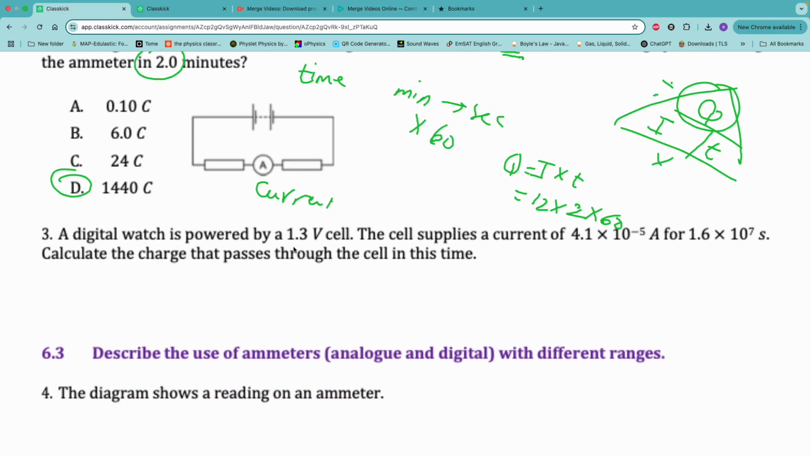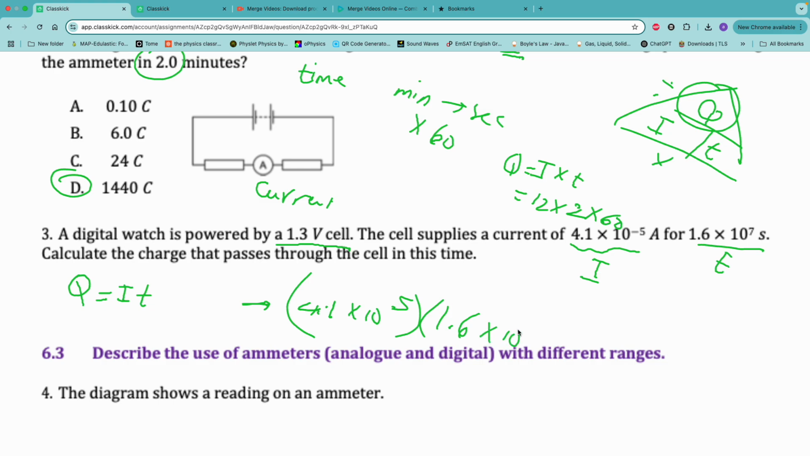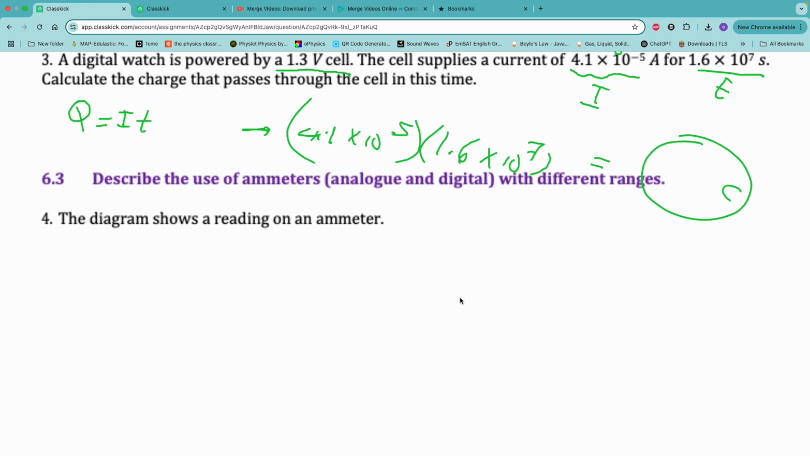A digital watch is powered by a 1.3 volt cell. The cell supplies a current of, this is electric current, and 1.6, this is time taken. Calculate the charge that passes through the cell. Again, we need to calculate Q. Q is I times T. I is 4.1 times 10 to the power of negative 5, times our T in seconds, so you don't need to convert anything, straightforward, and the answer has to be in coulombs. And done. Next